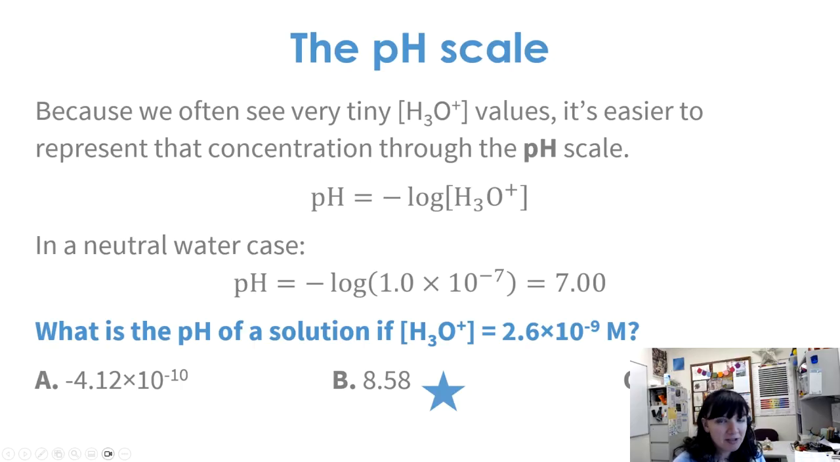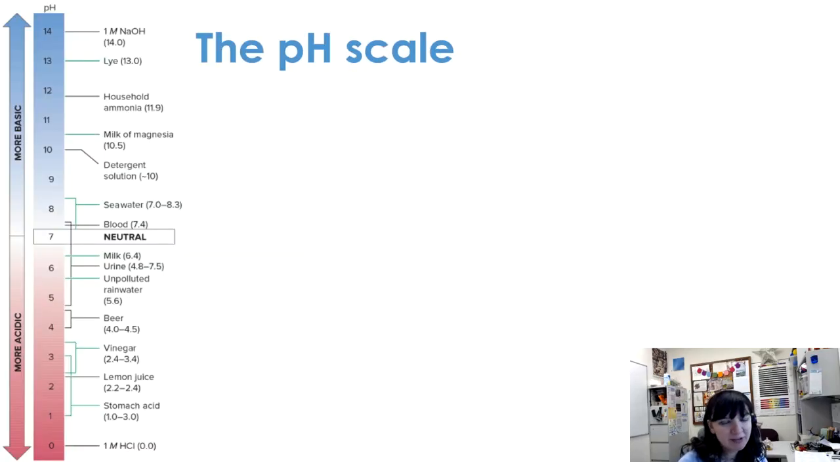Now, as I mentioned before, this solution, because it had a higher concentration of hydroxide and a lower concentration of hydronium, would be a basic solution. I also have pictured right here the pH of some common household chemicals or common reagents used in the lab. Again, for basic solutions, these are going to have a higher pH, somewhere